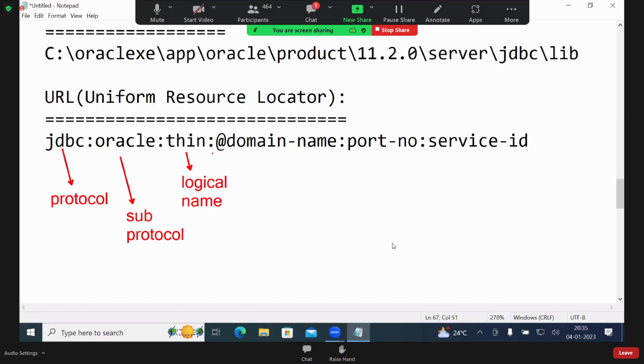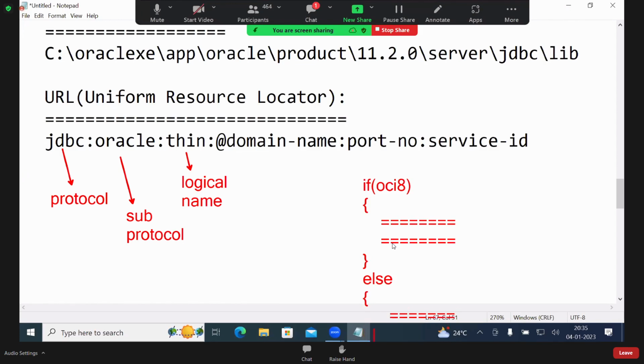Is it over? You observe, this JDBC is fixed. That Oracle is also fixed. Thin is one logical name. For the Type 2 driver we write OCI 8, for the Type 4 driver we write thin. Inside the driver implementation, they have written some code if it is OCI 8, and else some other code.